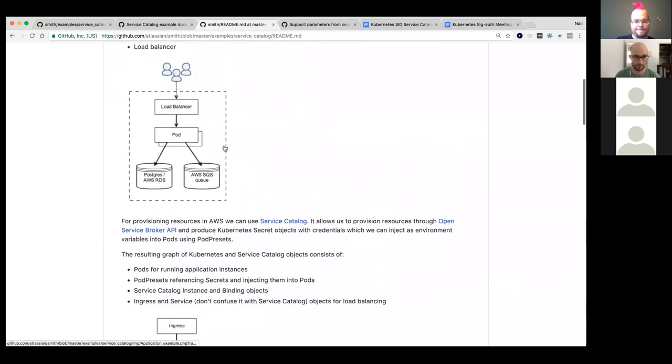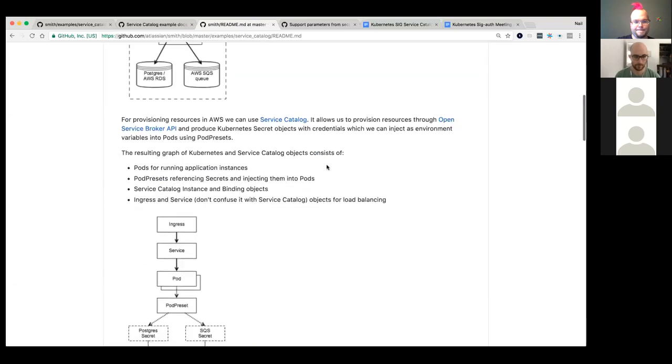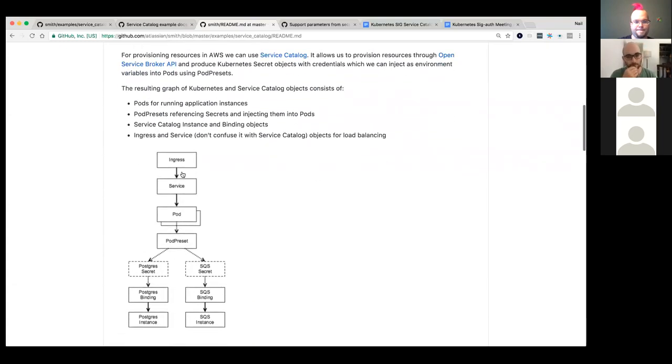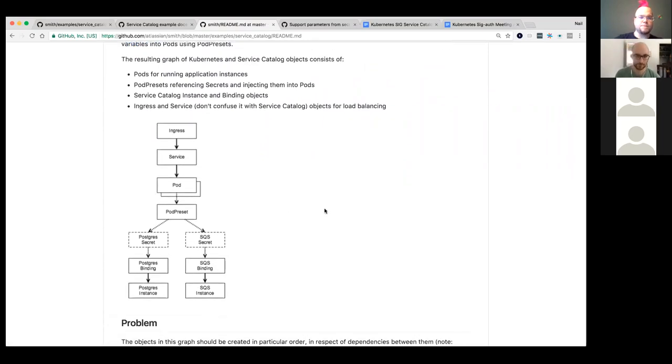To implement this kind of application in Kubernetes and service catalog, we need a bunch of objects like the ones I drew with the graph here. So we need ingress and service for load balancing. We need a bunch of pods running. We need pod preset to inject secrets as environment variables into pods, and